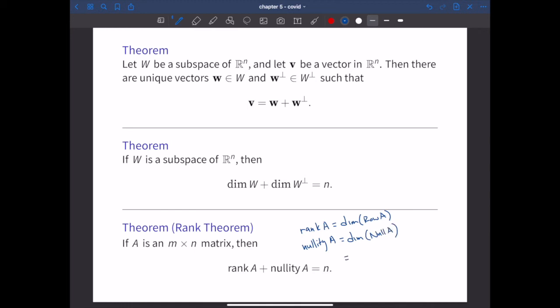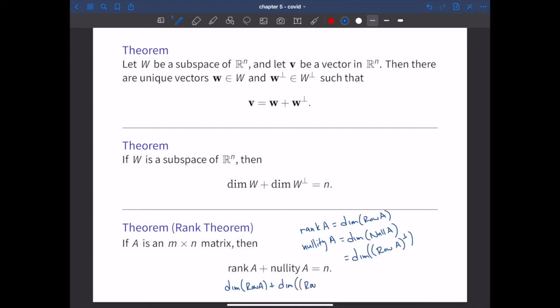But remember, the null space of A, we saw, is equal to the orthogonal complement of the row space. So really what this formula is saying is the dimension of the row space of A plus the dimension